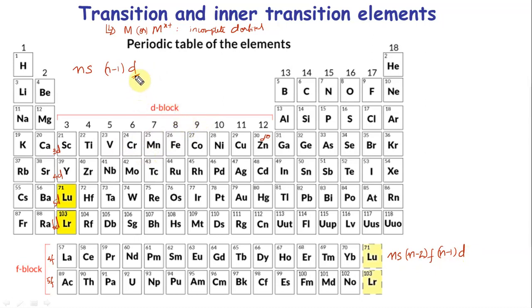Okay. That does not mean that is the electron that is taken out first. Valence electron is completely different. That's because of poor shielding of D, you lose the S orbital electrons first. So the valence electron in D block is S electrons, but the last electron that enters is in a D orbital. The correct name for that is differentiating electron. It differentiates from other blocks. So the differentiating electron or the last electron enters the D orbital. A differentiating electron for an F block enters the F orbital. As simple as that.